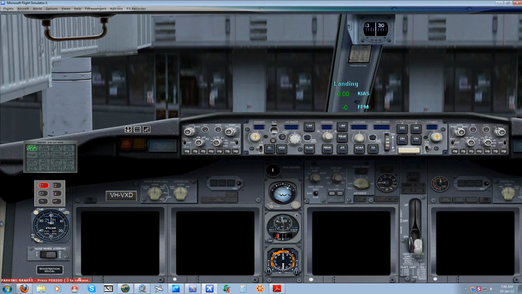So we'll start on the runway, we'll take off, and we'll get to the top of climb. And once we've got to top of climb, we'll then end the tutorial there, and we'll pick up the last part of the tutorial in the third video, which will be from the top of descent through to our shutdown